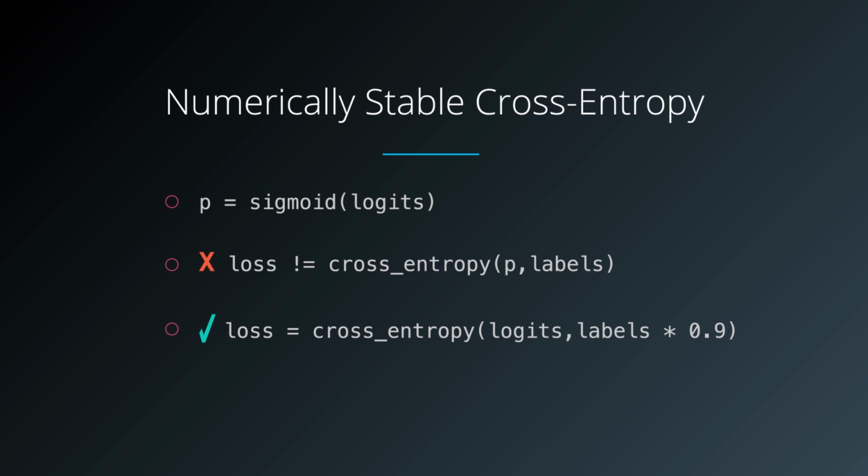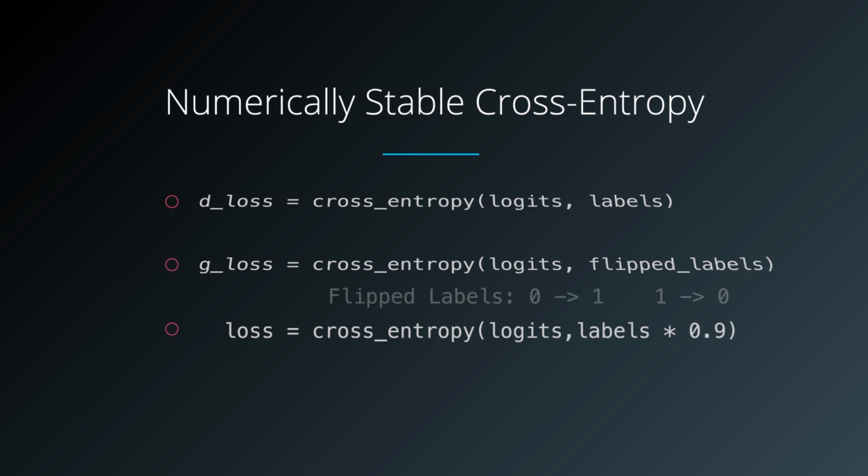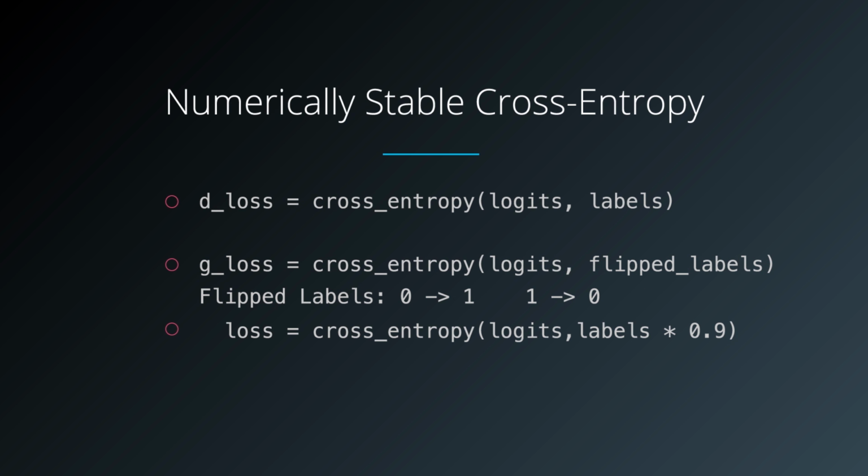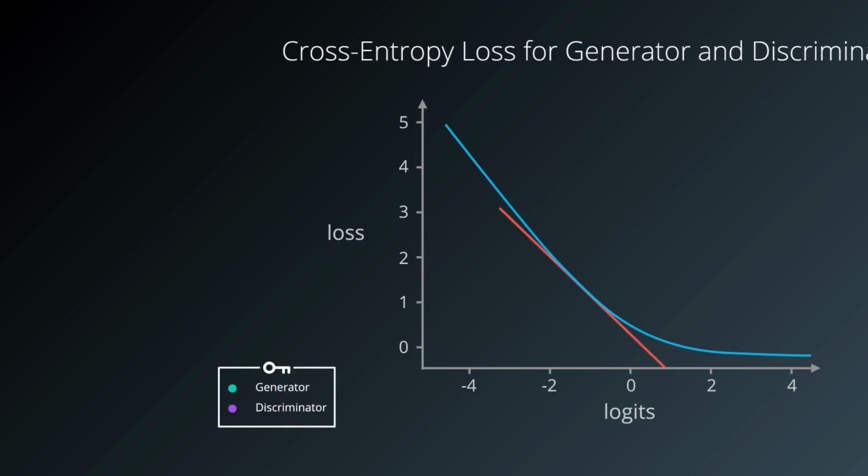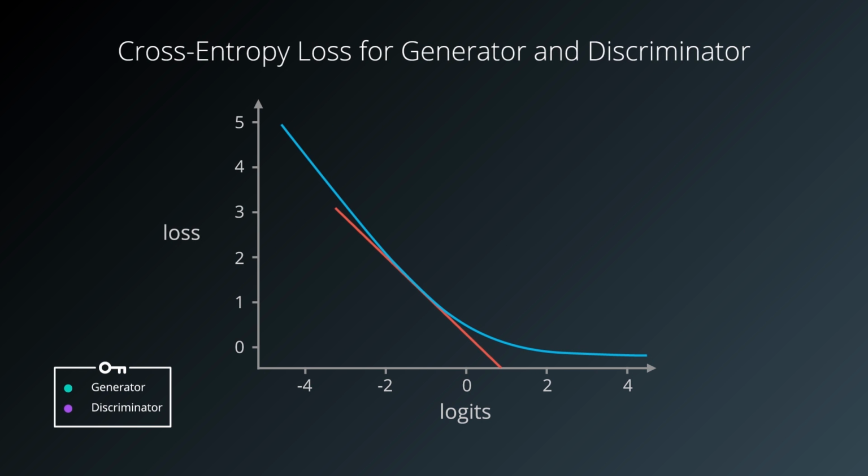For the generator loss, you want to set up another cross-entropy loss, but with the labels flipped. In other words, the generator will maximize the log probability of the wrong labels. A lot of people like to use negative D loss as the expression for G loss. It's very intuitive because it corresponds to having the generator maximize the loss for the discriminator. We even used that loss for a visualization earlier in this course. But it doesn't work very well in practice, and we don't actually recommend that you implement it for real. Because the gradient of D loss is 0 whenever the discriminator is winning.